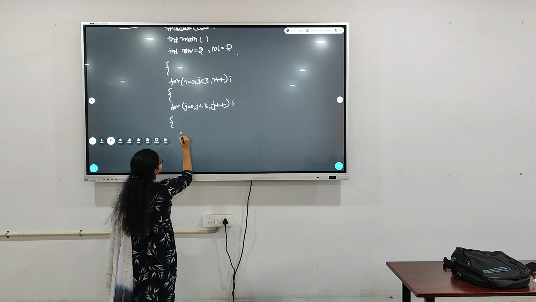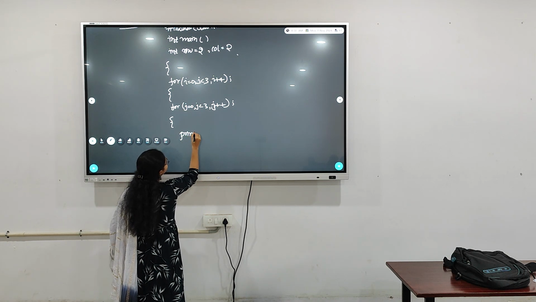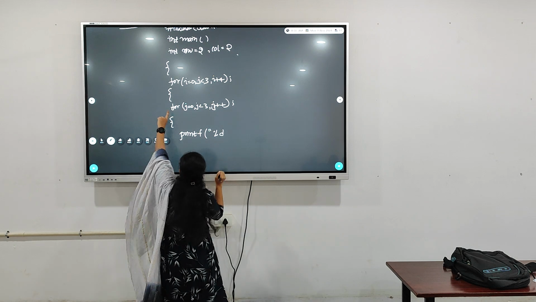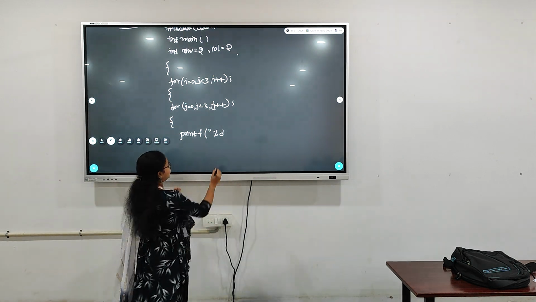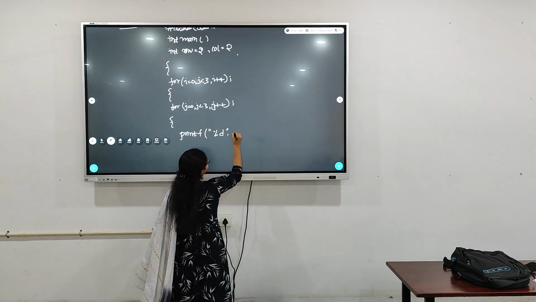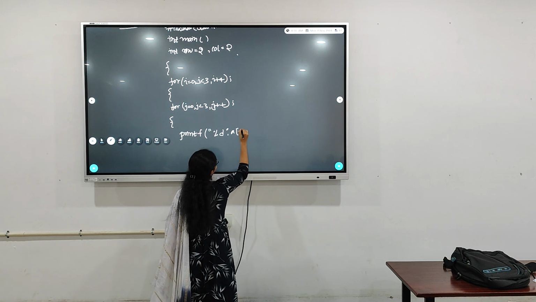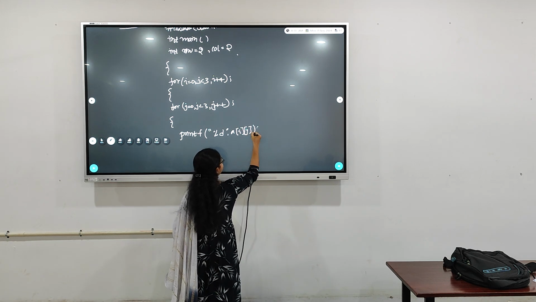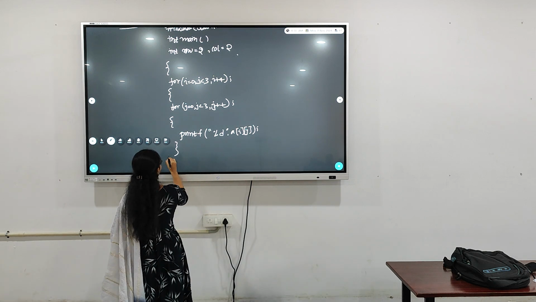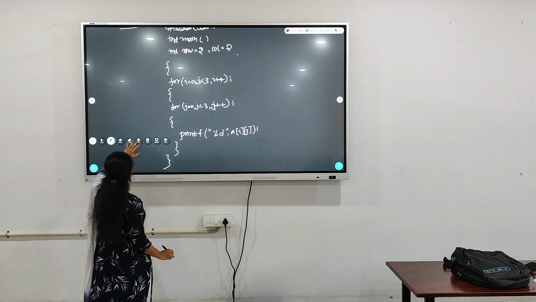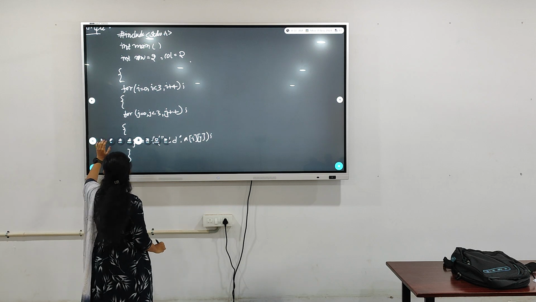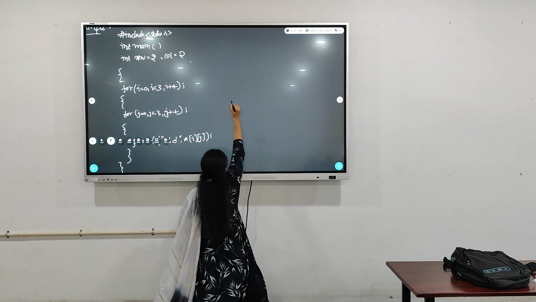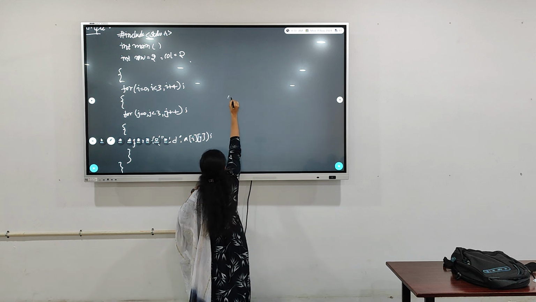And then print. We took integer right there, so we have to take %d values, and rows and columns. That's it, and we have to close. For this, the output is